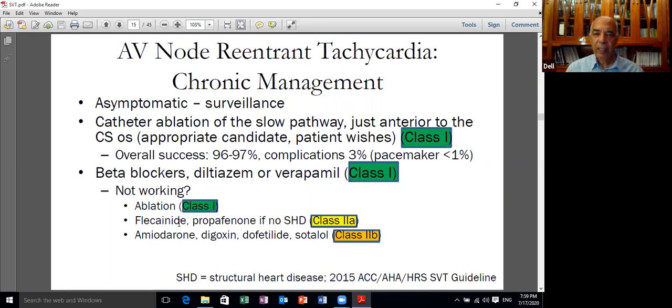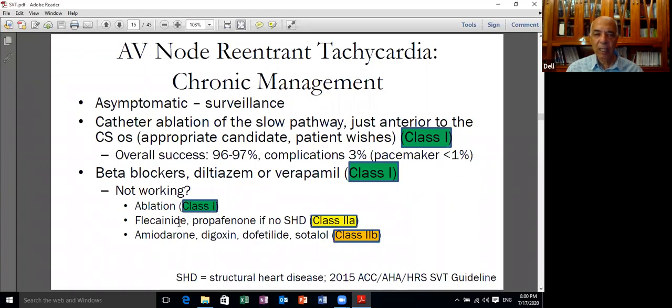Now, the slow pathway is in the base of this triangle, going from the coronary sinus to the AV node, adjacent to the septal leaflet of the tricuspid valve. Then we put the catheter near the coronary sinus and ablate in this area, far away from the AV node. You need a wide area of ablation because the fibers here are widely separated. They converge towards the AV node. The success will be higher if you ablate towards the AV node, but the risk of AV block will also be higher. So electrophysiologists usually play on the safe side and ablate near the coronary sinus, away from the AV node, although that takes some time.